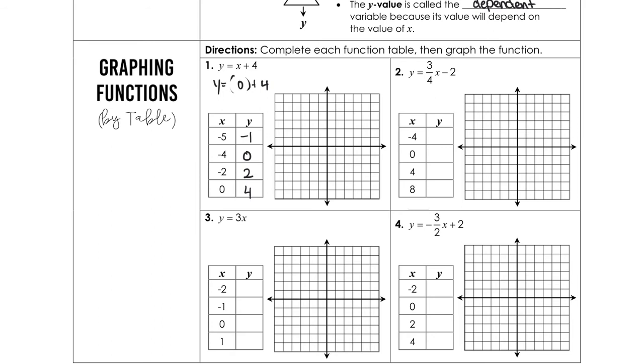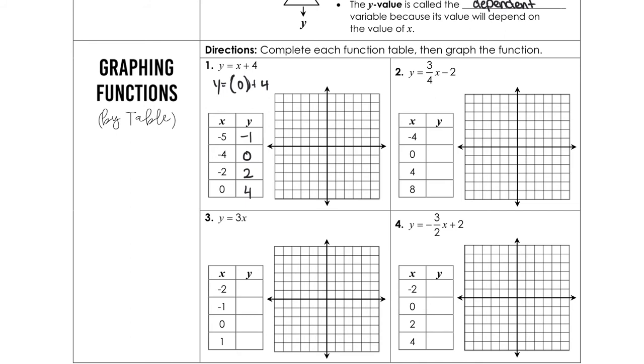So from here, what I have is now I've got a set of coordinate pairs, and all I'm going to do is graph these specific points. Now, there could have been more, right? I could have picked more values. So what I'm hoping to form here is some sort of a pattern. And from that pattern, I'm hoping just to extend that pattern out